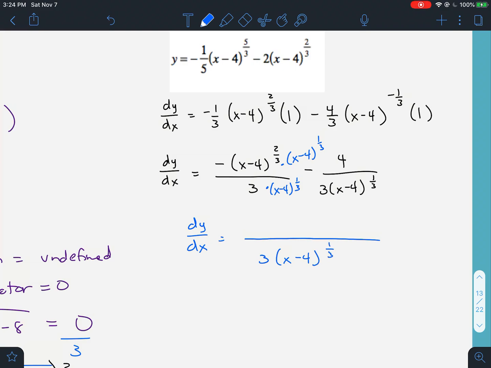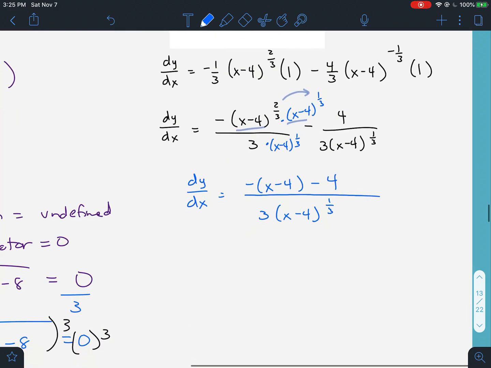And so now I have the derivative is going to equal. My denominator is going to be 3 times x minus 4 to the 1/3. And now my numerator, notice, these two guys have the same base, x minus 4 and x minus 4. And I'm multiplying them, so I can add their exponents. 2/3 plus 1/3 is just 1. So this is going to be 1 x minus 4, and then we have the minus 4 in the other